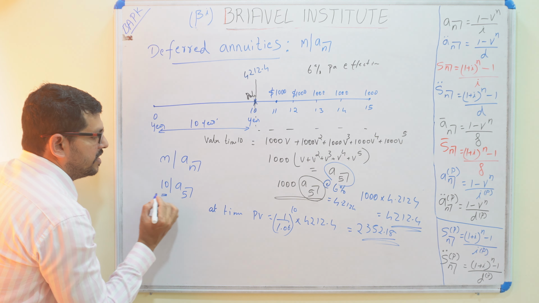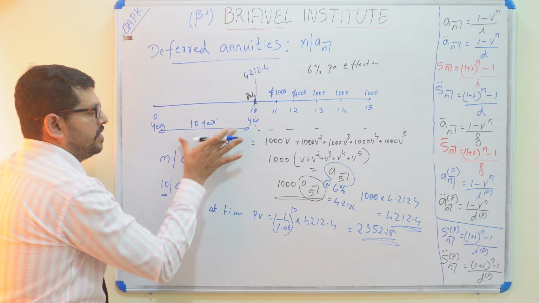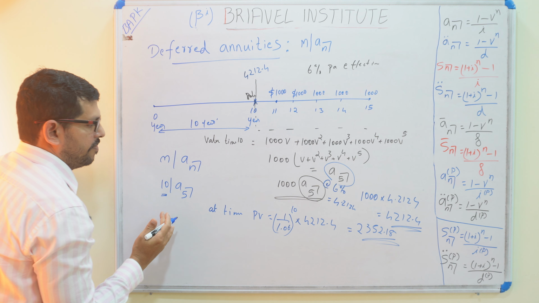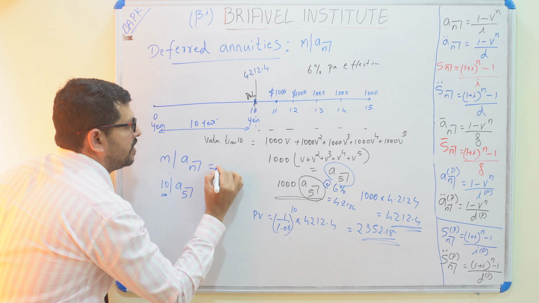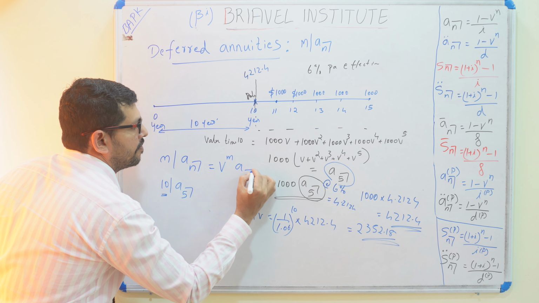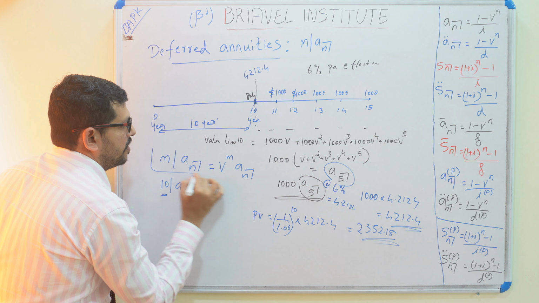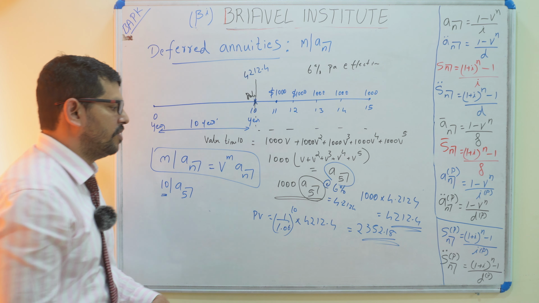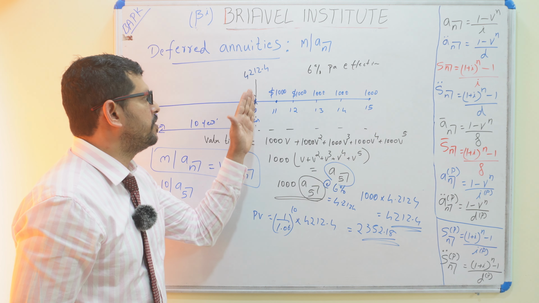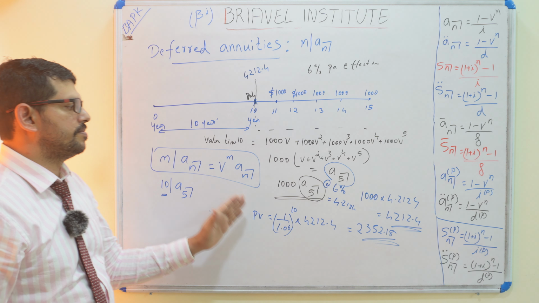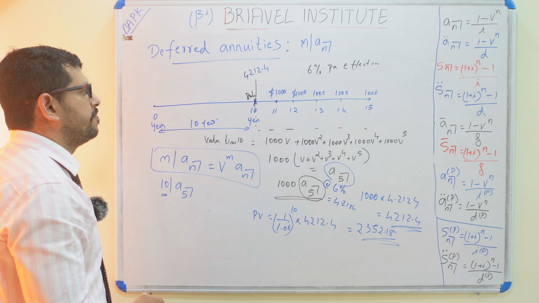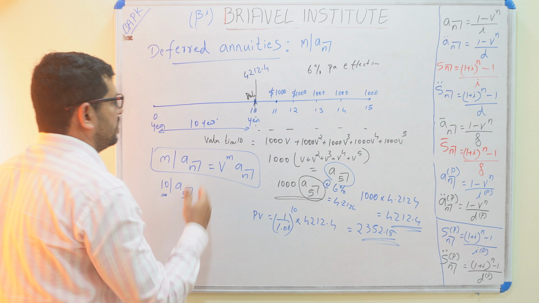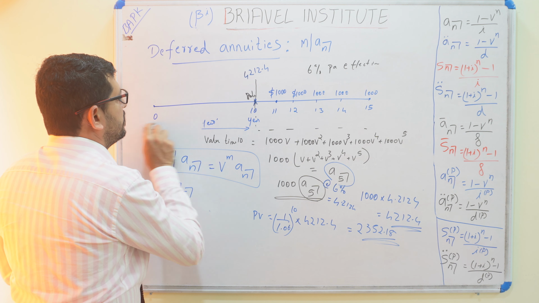So we have deferred m periods, and n is the term of the annuity. What is the present value from here? So this deferred formula we can write as v raised to m times a n. This is the formula for deferred annuities. We find the first part up to here, and after that we find here. Here the payment is 1,000 that is being paid. Instead of 1,000 we can write that in the formula,